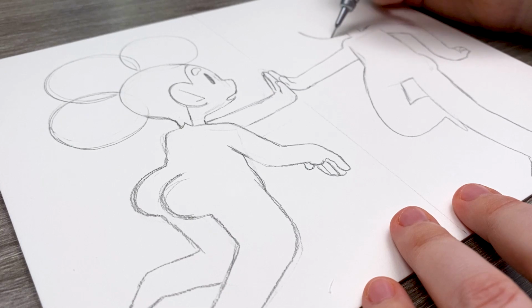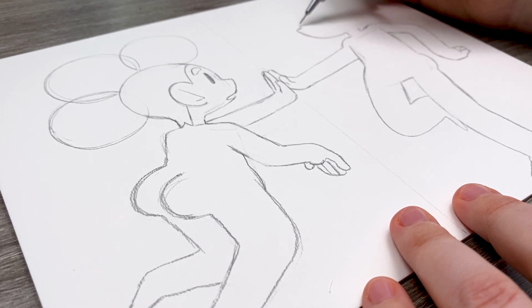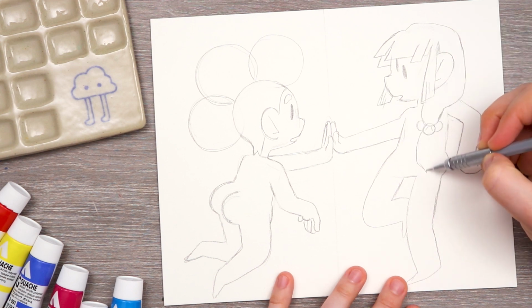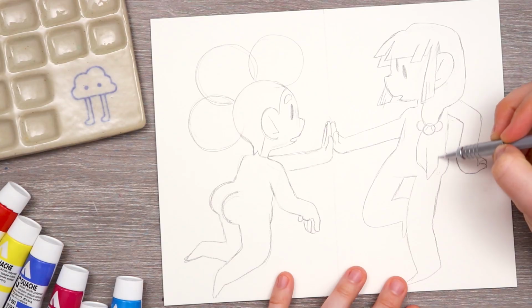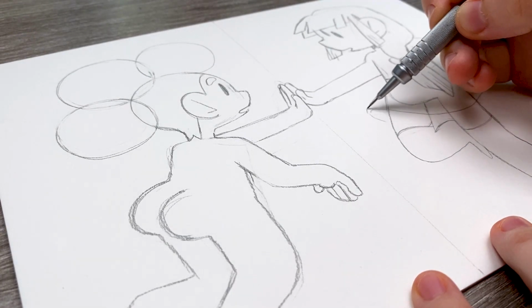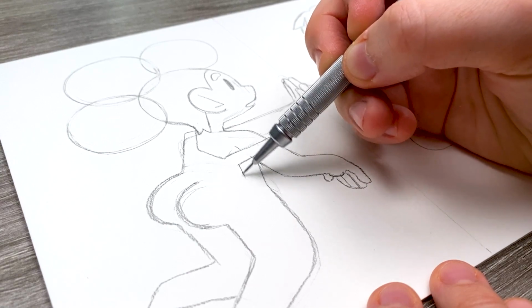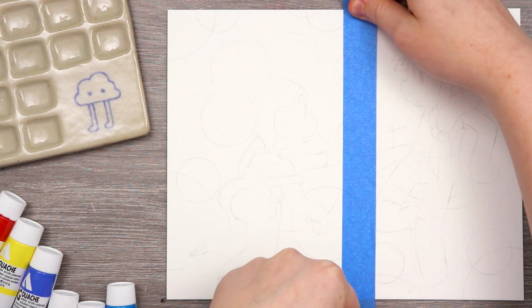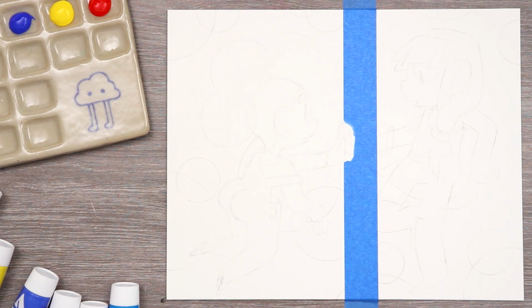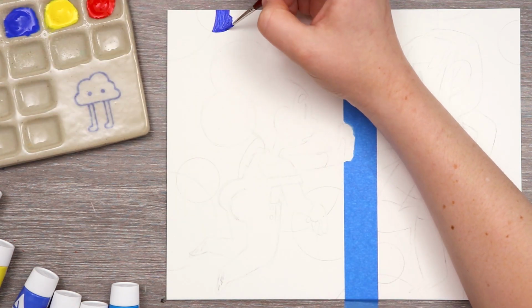I thought it would be more interesting if I created two characters on the same page, but split the page down the middle and used only the red, yellow, and blue on the left side and only the cyan, magenta, and yellow on the right side. That's when I came up with the idea of these two characters that are sort of touching hands in the middle, almost as if there's a barrier between the two, like there's something keeping them apart. Maybe they're in two separate worlds. Heck, maybe they're touching a mirror and they don't even see anything on the other side, but they can feel